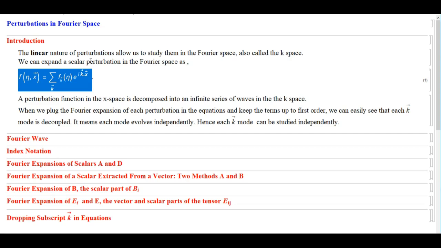We are keeping only the terms up to first order and dropping all the higher order perturbations. And because of this linear nature of perturbations, when we replace the perturbation term with this Fourier expansion term in the equations, we will see that